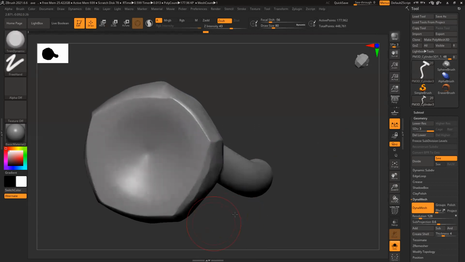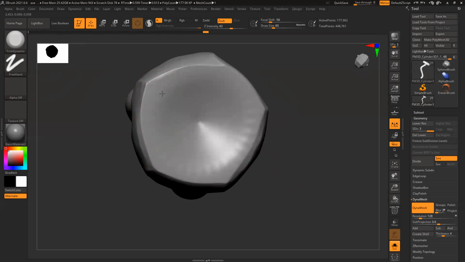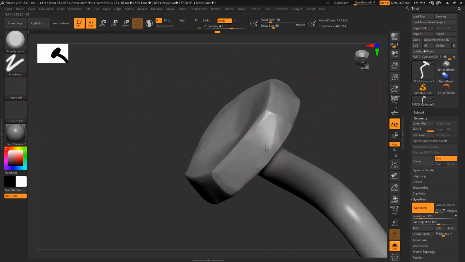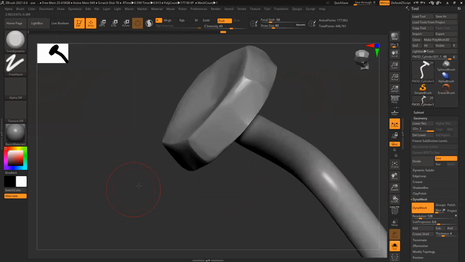And this top surface also cannot be this smooth and clean. I make it slightly uneven, and the corners I'll make a little more sharp with nice pressure on the pen.